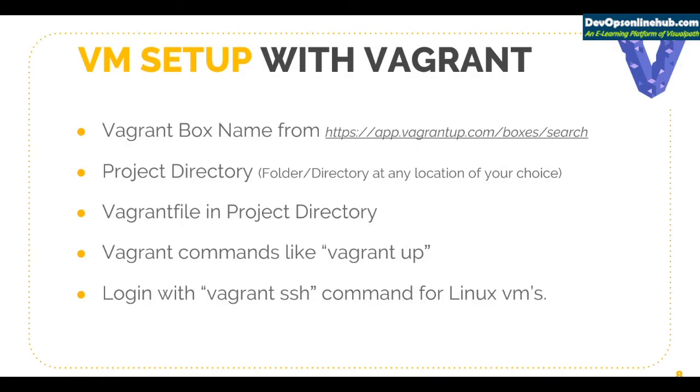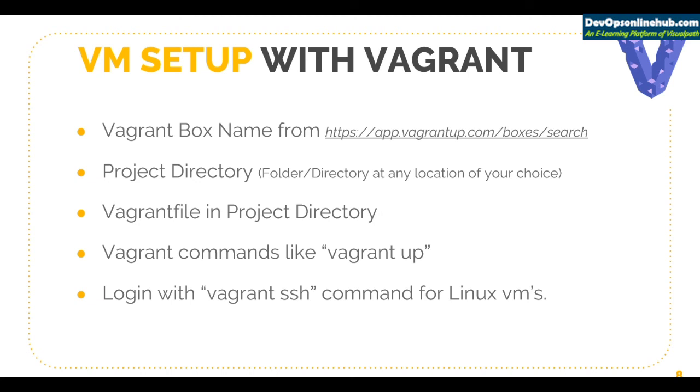And then for setting up a VM with Vagrant, again, you need a Vagrantfile. First of all, you need to find the box. You find the box, you get its name, you create a folder or directory, which we'll call the project directory. In that directory, we are going to create a Vagrantfile with a capital V, and that Vagrantfile will have information about the box, and we'll issue the command vagrant up, which will bring up the VM, and then we'll say vagrant ssh to log into it. So that's so much in theory. Let's see how that can be done practically. So let's get into action from the next session.